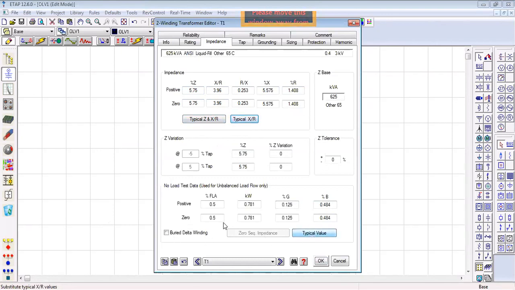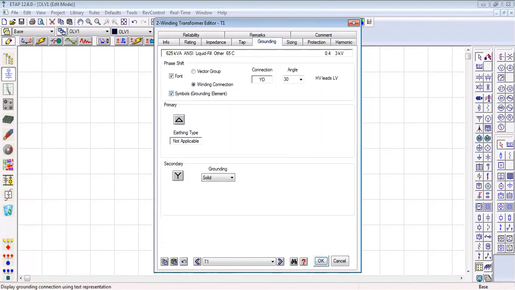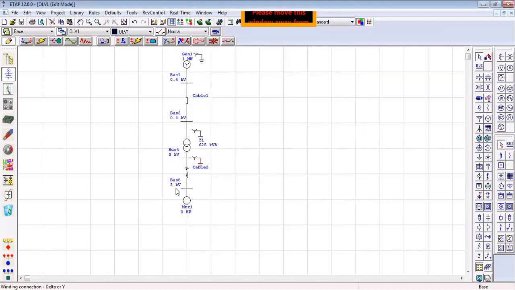Okay, here also I am assigning the typical values. For the positive sequence and for the zero sequence impedance values are there. Okay, and you can take the help by pressing this question mark. Just go to the grounding symbols, just assigning the star connections, star and star. Now press here OK. So this one is the transformer T1 of 625 kVA with the star connections.